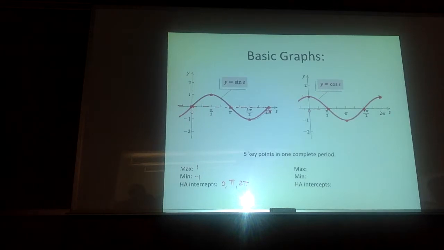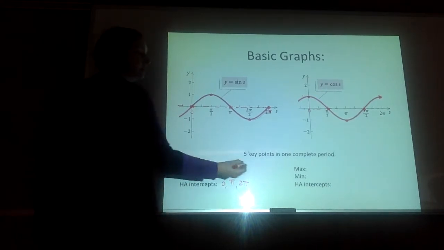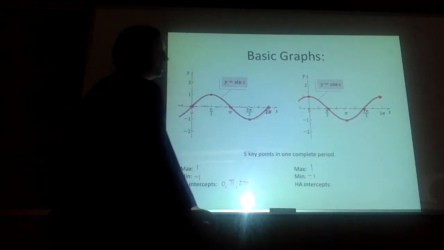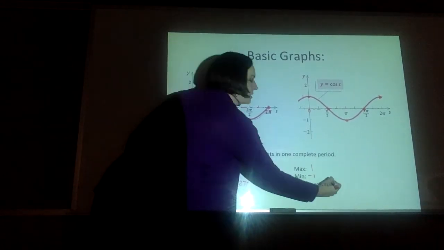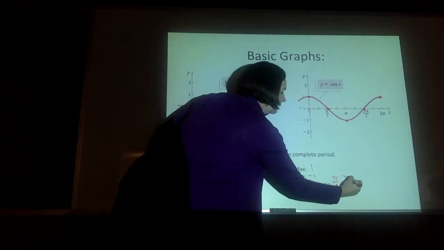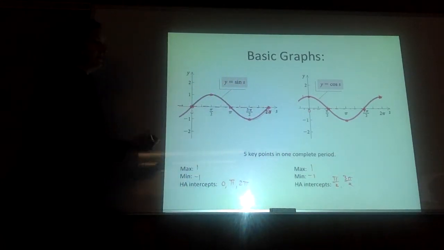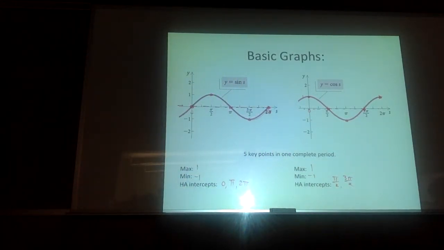What is my max value in cosine? Also 1. Minimum: -1. But now I only have 2 intercepts for cosine. They are at pi over 2 and 3 pi over 2. Questions on that? Yep. All right, so what I want to do is, I believe over here you can still